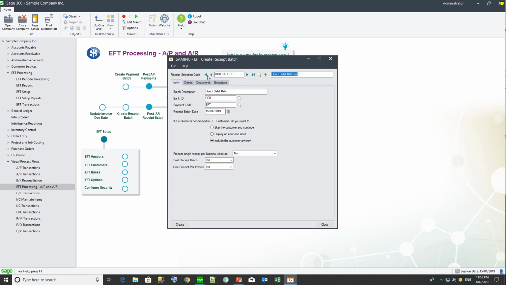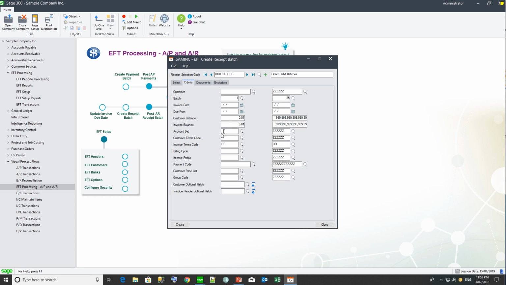So we created one called direct debit, which is going to create a receipt batch. It's going to include all customers, whether I've defined them in EFT or not. And our default criteria was to select those invoices which are open and which have a terms code. But I know I don't have any with that particular terms code, so I'm just going to select with any